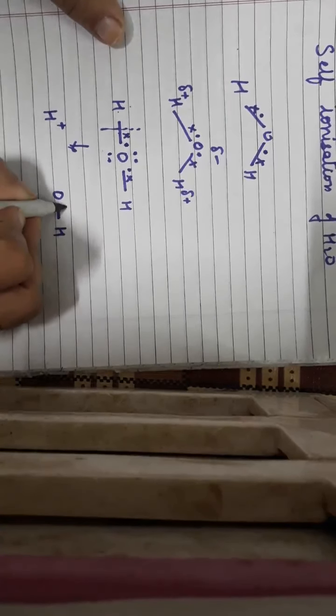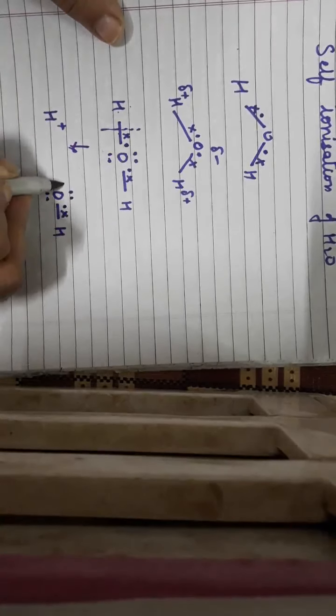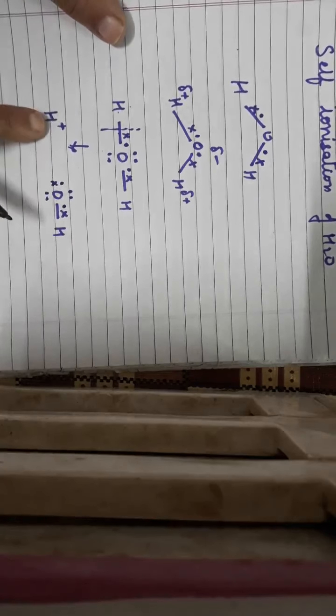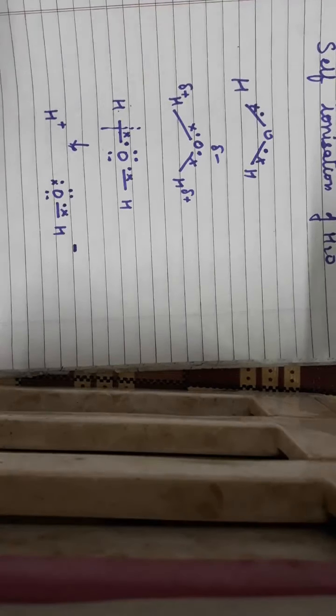Let me show you the electron dot structure of the hydroxide ion. This is the single covalent bond between oxygen and this hydrogen. So you can show the shared pair. Then the 2 lone pairs which were already present over oxygen, and one more pair of electrons, in which one electron was of oxygen and the other has been taken from hydrogen. Now as one electron has been taken from this hydrogen, one extra electron is added to this hydroxide ion, so it acquires a negative charge. So that is self-ionization.